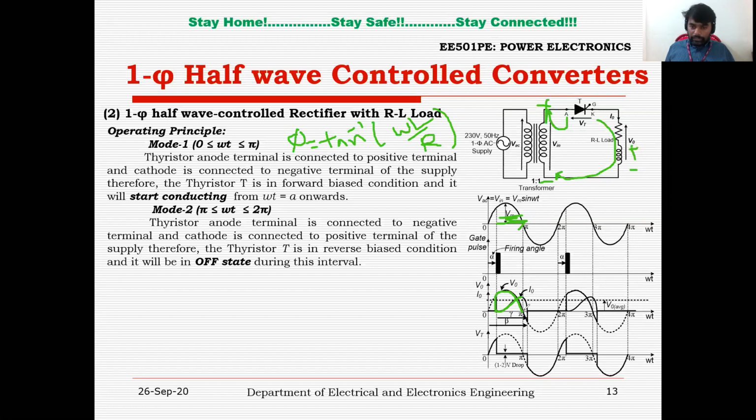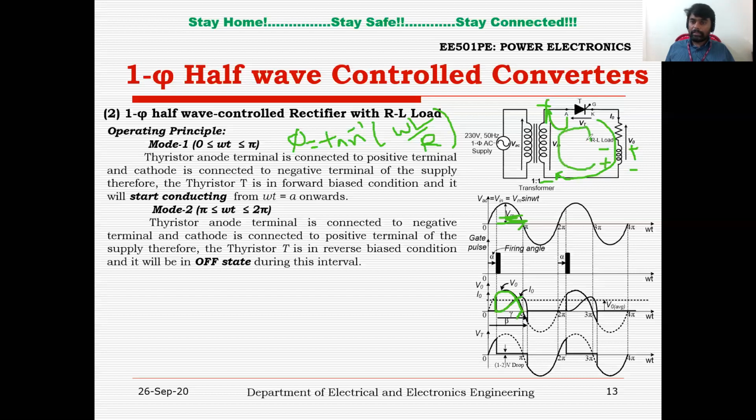Now if you see, after omega T equal to pi, you are about to see negative voltage across the load, which means whatever energy it has, that has to be given to the source during the remaining period. And before it is discharging its energy, it has to reverse its polarity. So it will be negative here and positive here, and it will start discharging its energy.